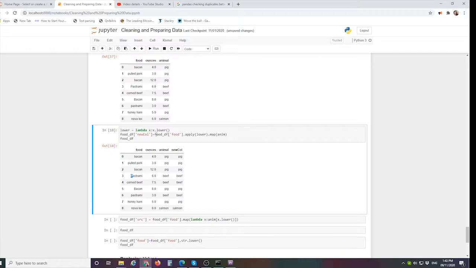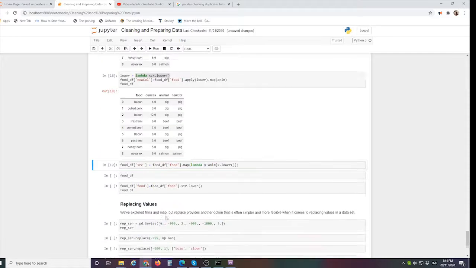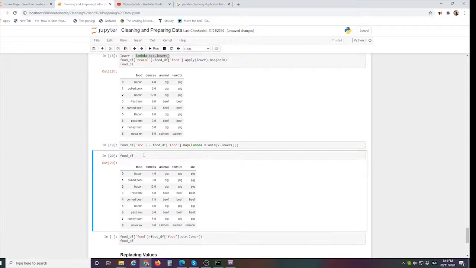Now we can take this one step further, and we can incorporate this lambda function into the map function. So once again, here we're just creating a new column, and we're going to set that column equal to whatever happens over here. And we're passing the food column in as x, and then we're dropping those to lowercase at the same time that we map it to the animal dictionary. So let's run this, and then we'll output df again to explore that. And again, we've mapped our animals to our foods in a different way, but we still have the original food